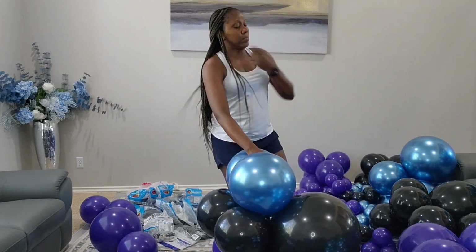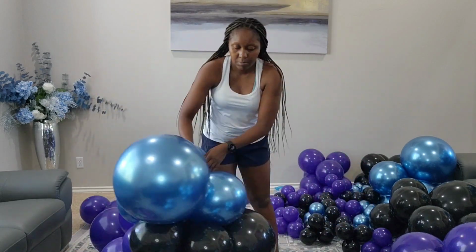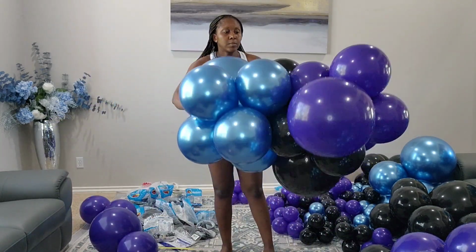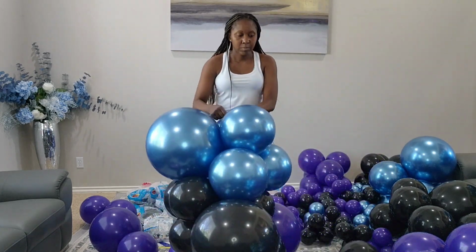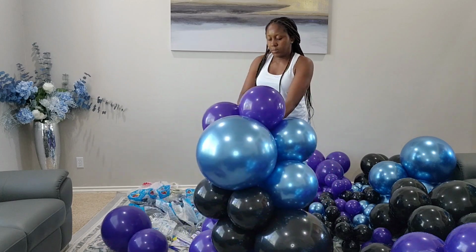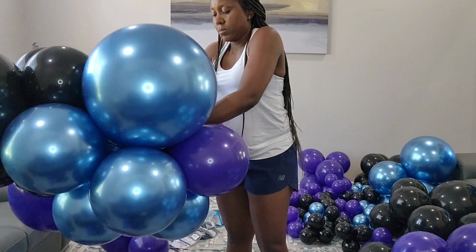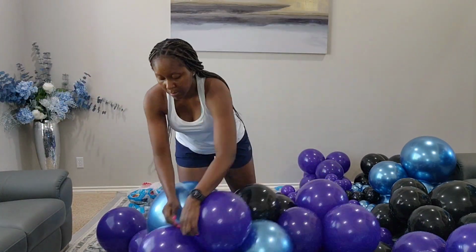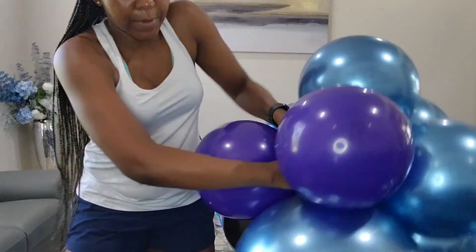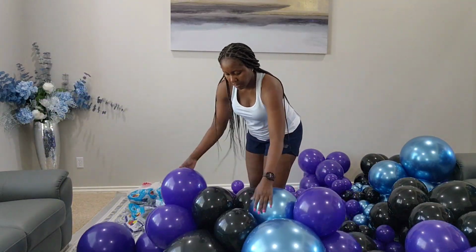Again, we're adding pairs of balloons one at a time. This is if you're not interested in intertwining balloons to form your cluster, you can just keep adding. Another thing you can use for this is fishing line. You can create the exact same thing. So I'm gonna stop right here with this part, and because I'm short on my 260Q, I don't want to add another one. I just tie the end, and that is what you have right there, just so it doesn't come apart. I just do a double knot,